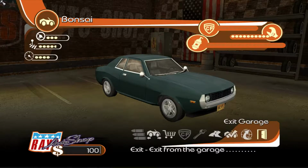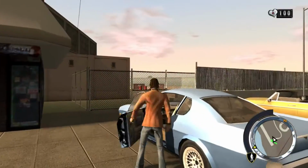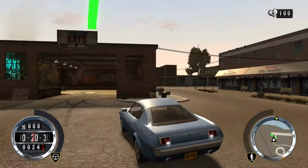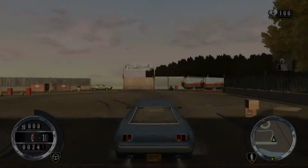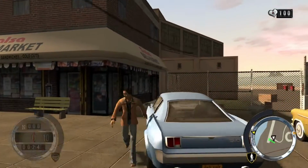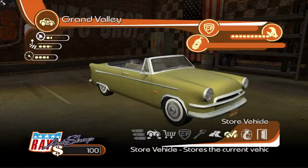This is a Celica GT. Chances are these are probably all race customers' cars. Also, Sauce, Deli Market, Cold Cuts. Also, I have a timer in place. Store vehicle. This thing has TBS wheels, or at the very least, mesh wheels, which weren't too common in the 70s. I am sure they could make mesh wheels in the 70s. Like, certainly the 80s, but...